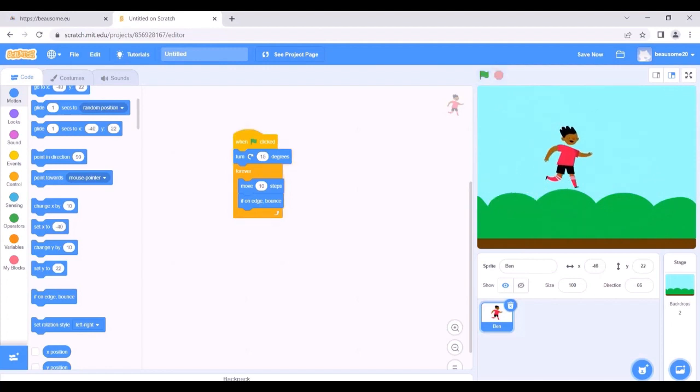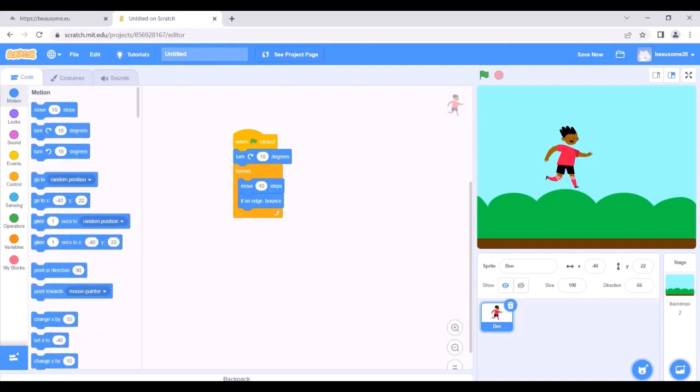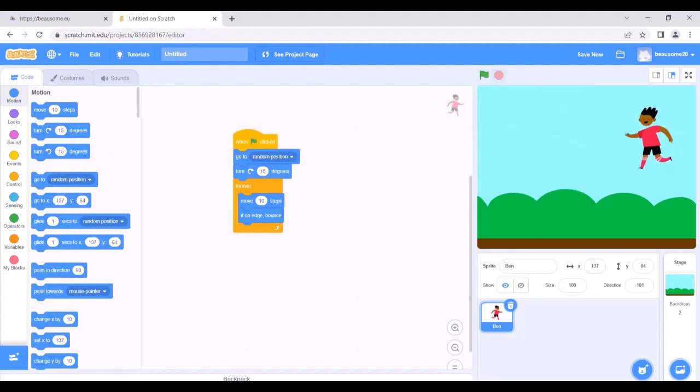So those are some basic but really important blocks that we can use. For example, from motion we can choose move 10 steps. We can choose turn a certain amount of degrees. We can select, for example, go to a random position every time it starts. So when I click it, it starts from a random position.